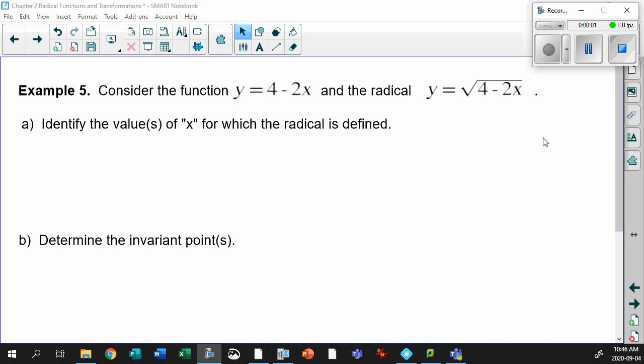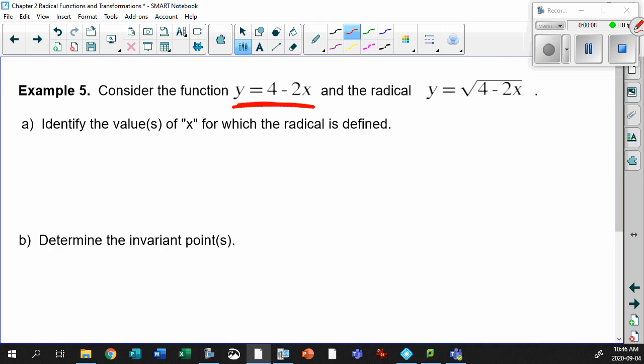Here's a fantastic way to end this unit. I really like this question because, look, here's an original function, and we're going to compare it now to a radical of the same function. So I want to see what happens to this thing, and I want to be able to compare some things